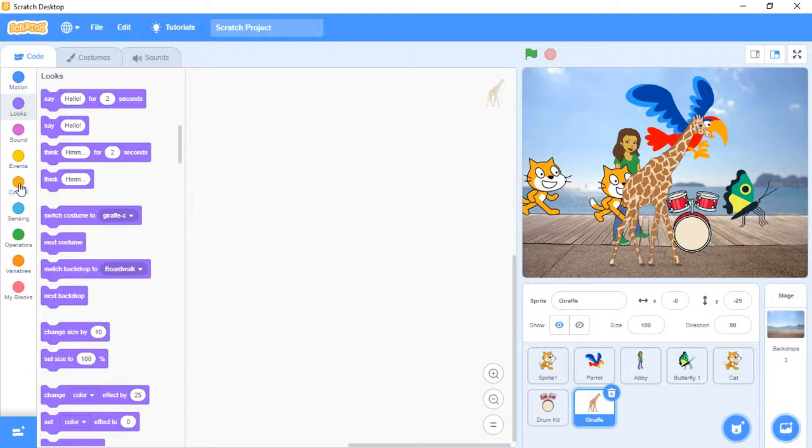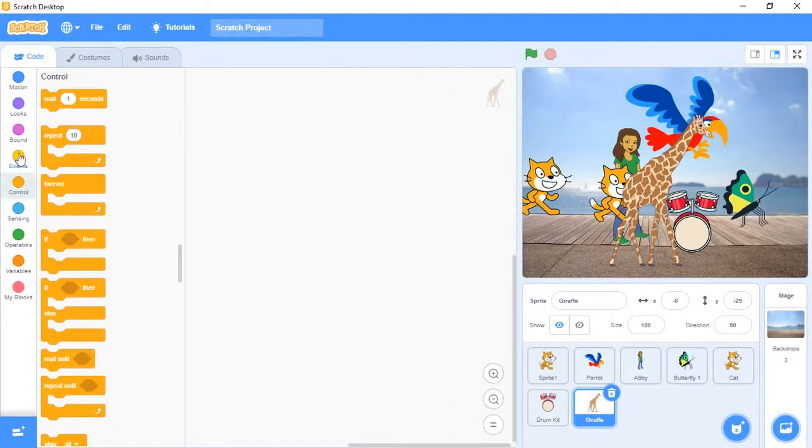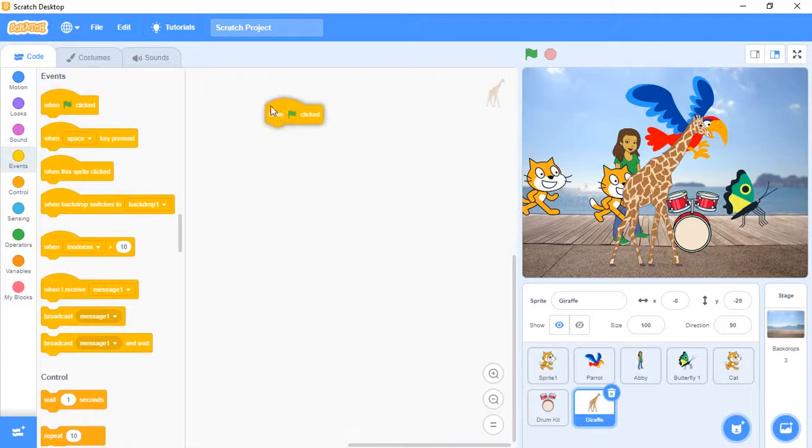Now how? Select event, when green flag button has been clicked.